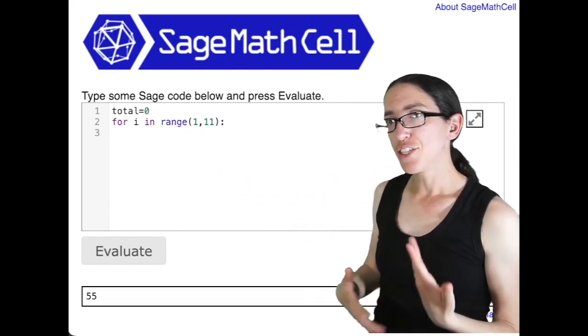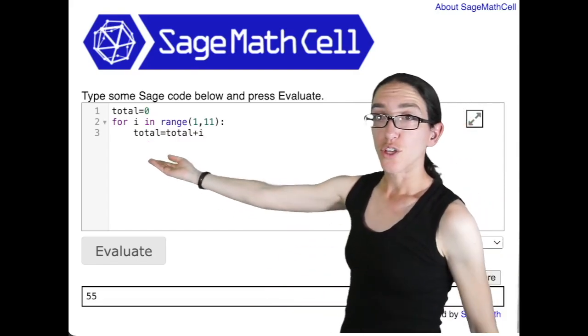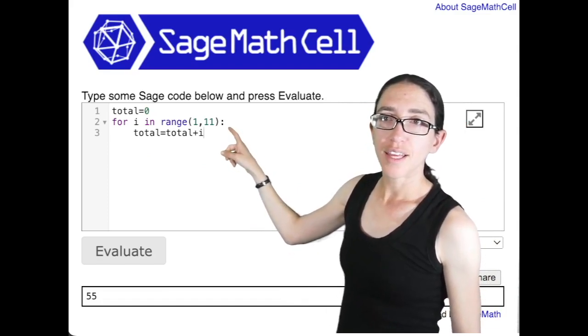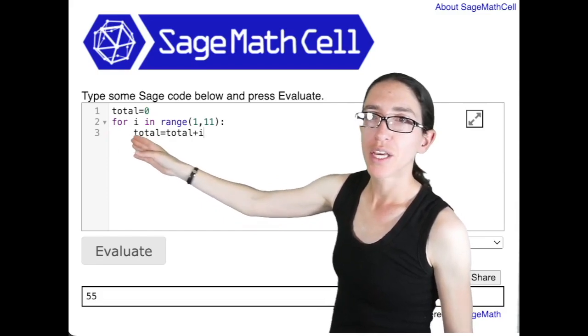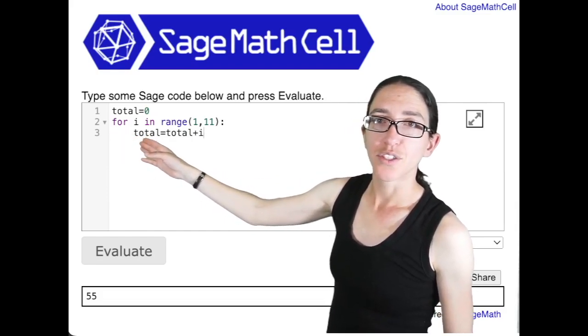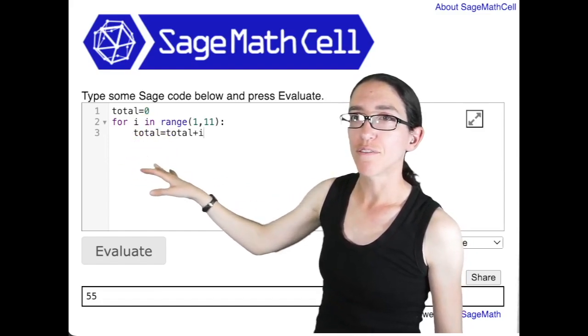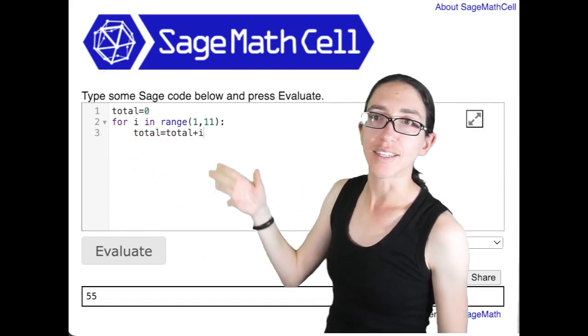And now we're going to add to it each time we have i in range 1 to 11. So we write total equals total plus i. By the way, this colon means that anything below it, we have to put a tab to make the spacing right in Python. So you use a tab command to make it lined up, so it's saying as long as we're tabbed, we're still in the for loop. And when I untab, that means that what we started with the colon is ended and the for loop is